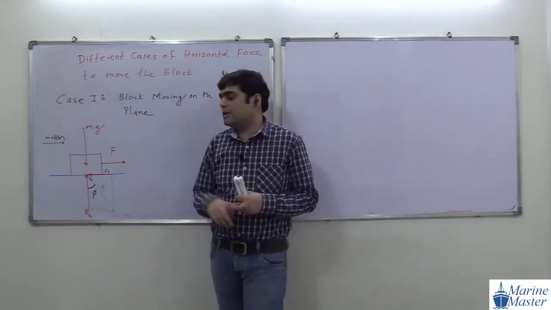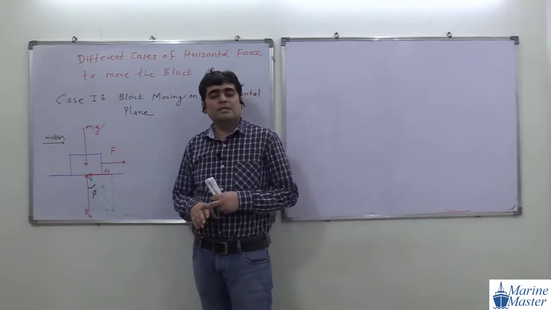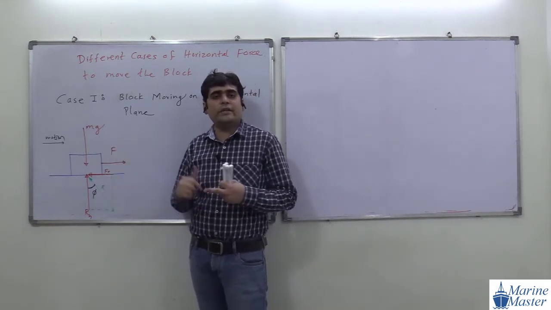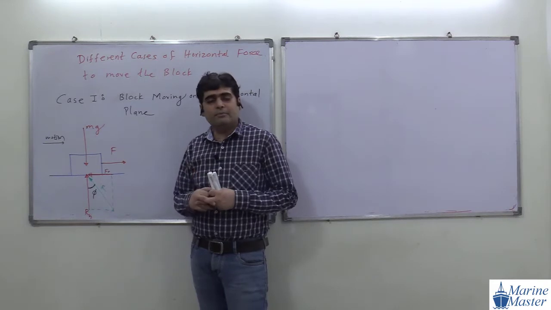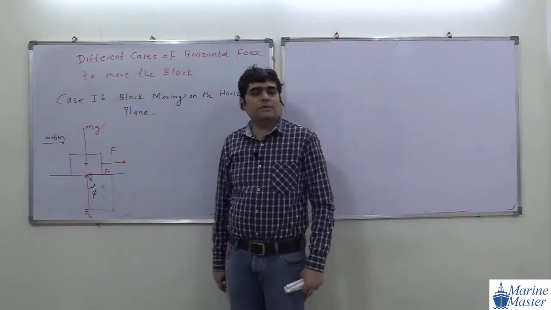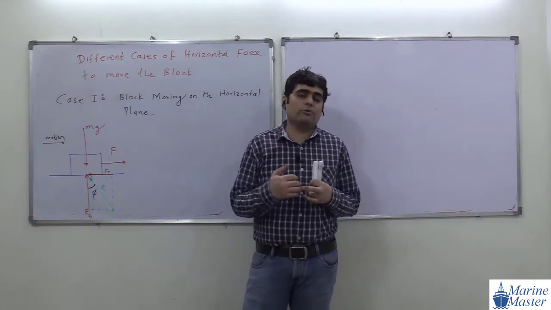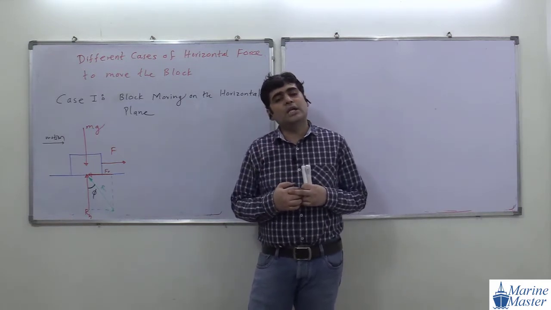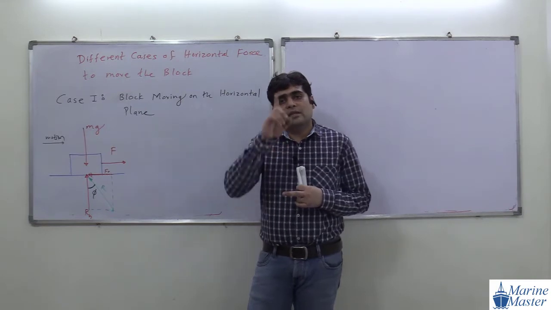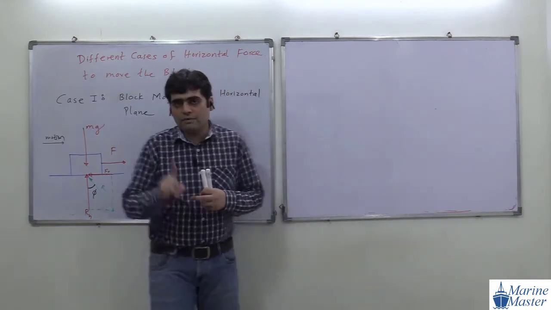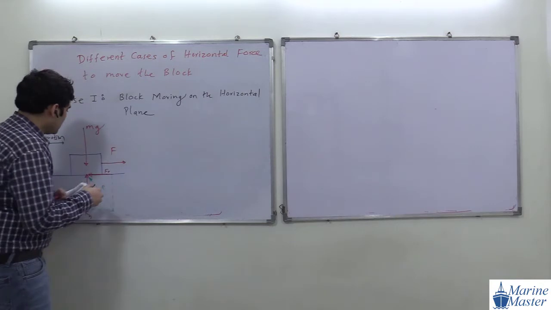If these 3 forces are coplanar, concurrent and in equilibrium, then these 3 forces will form a closed triangle. We studied that if 3 coplanar, concurrent forces remain in equilibrium, they will form a closed triangle. So we will start with our mg,